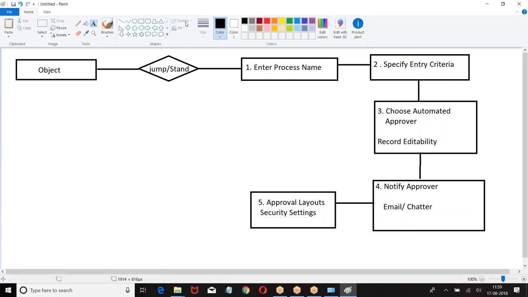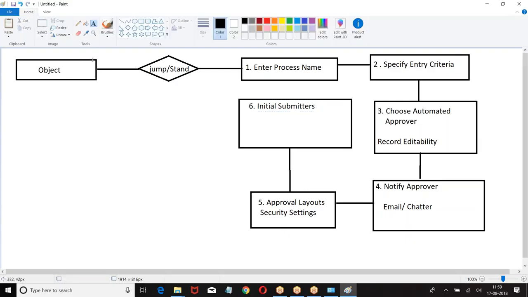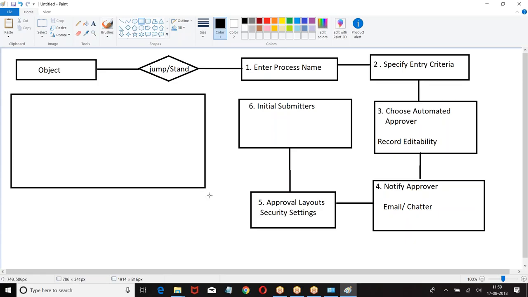Security settings is what? How can I approve? Then we had initial submitters. Then the record will get into approval steps.